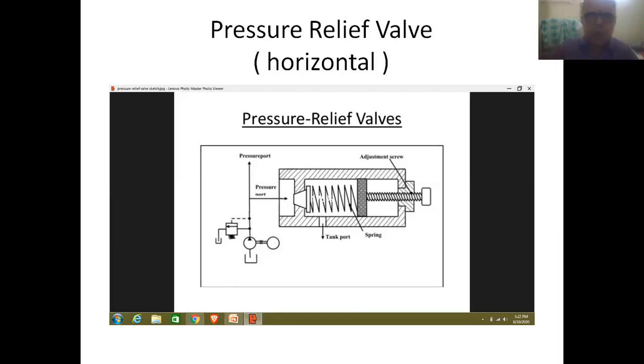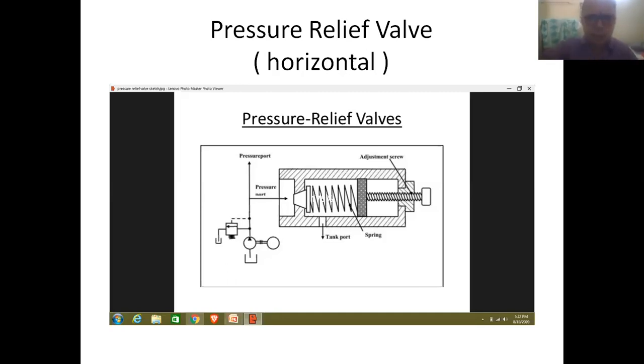As already mentioned in this diagram, the position of this element is adjustable. If you rotate the head of this element in clockwise direction, it will be moving inside the valve.